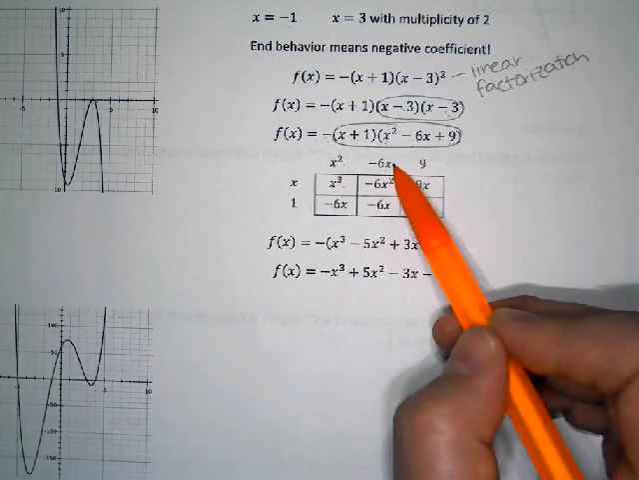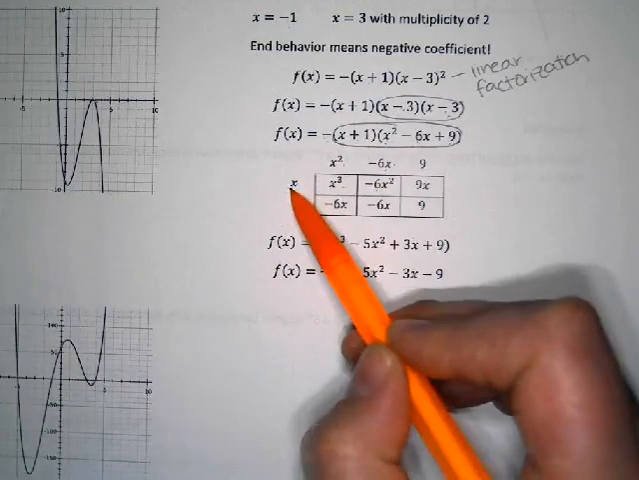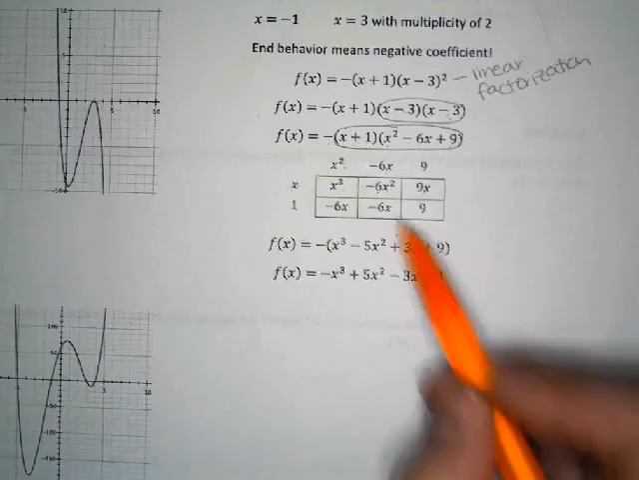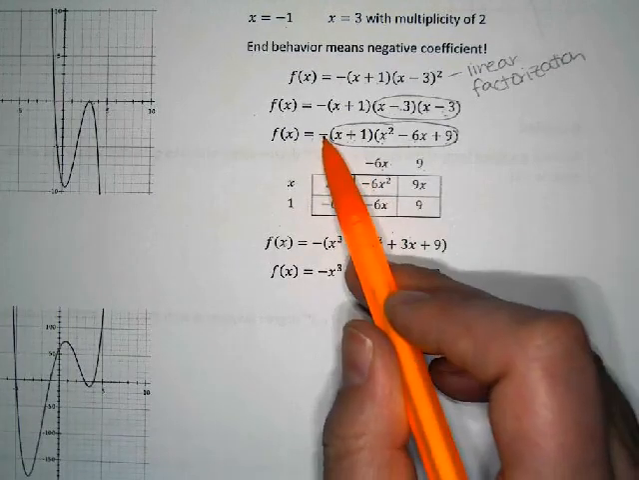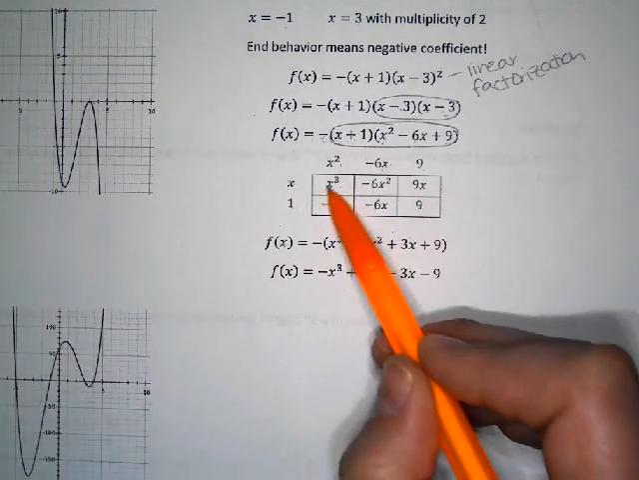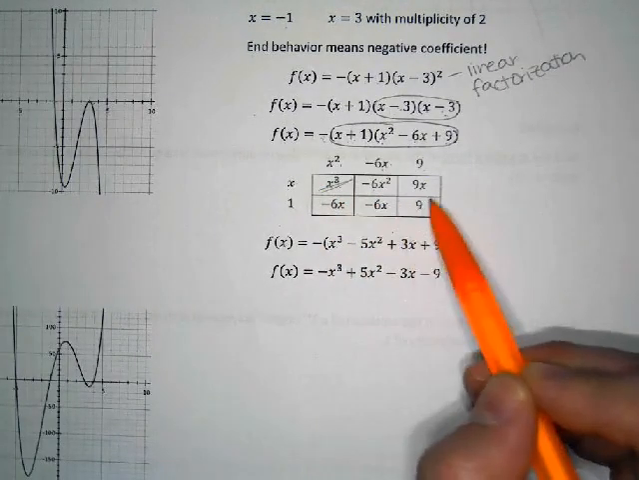X times negative 6x is negative 6x squared. X times 9 is 9x. So you can see I did all that multiplication. And then I carried this negative down here. And then from the box, I had x to the third right here. And then I had